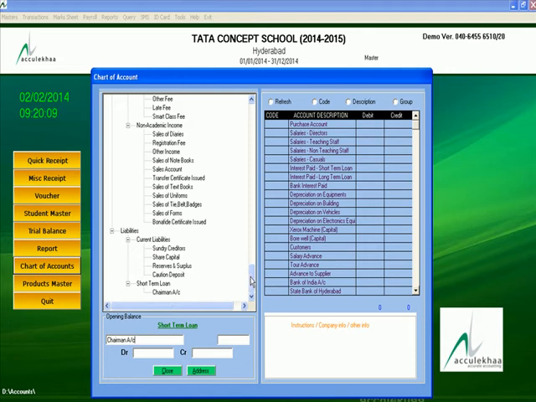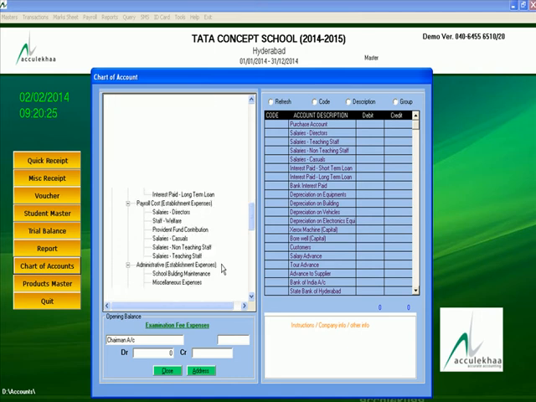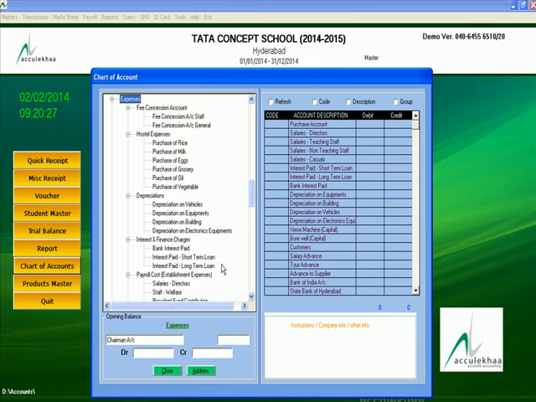And suppose I want to create a new head on expenses, director expenses, EXP. You have to click in any particular place and type EXP, then automatically the expenses head will appear.